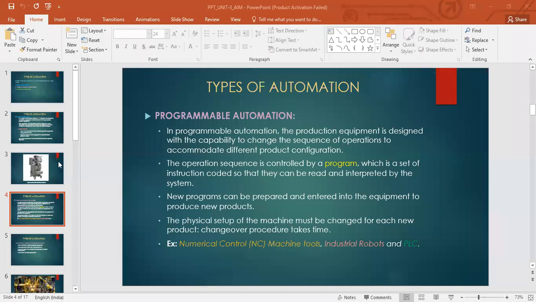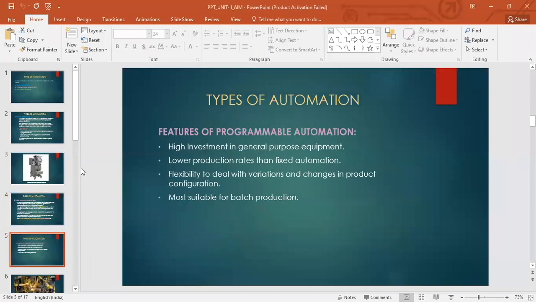Okay, so you see the features of programmable automation. High investment in general purpose equipment. Why is it a general purpose equipment? Can anyone tell me why we are calling it a general purpose equipment? Although yes, high investment, agreed.